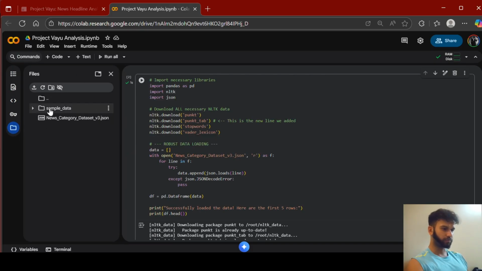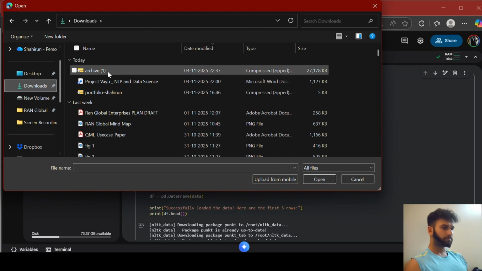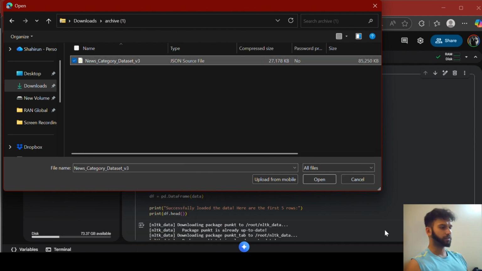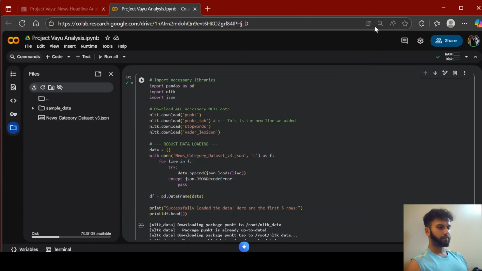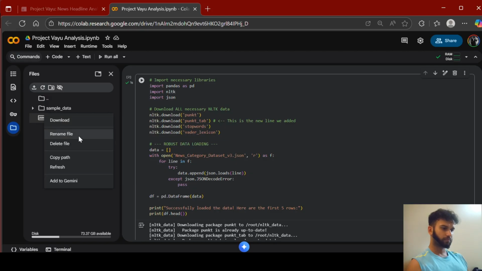I've already uploaded it, you can see here, but I'll tell you how to upload. Press this one, then it will open downloads. It will most probably be downloaded as an archive file, so open it like this, select it, and then press the open button here. Then the download symbol will appear and it will get downloaded. One thing, make sure while writing this code, the name of your file, you can rename it if you want, but it should match here.